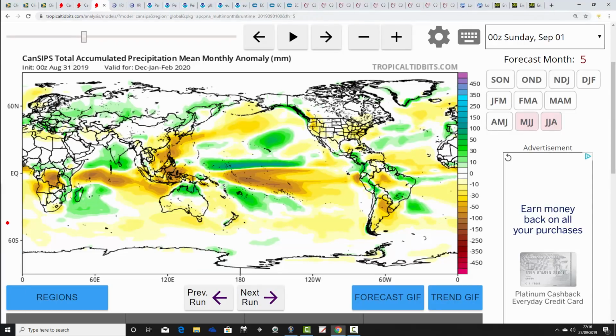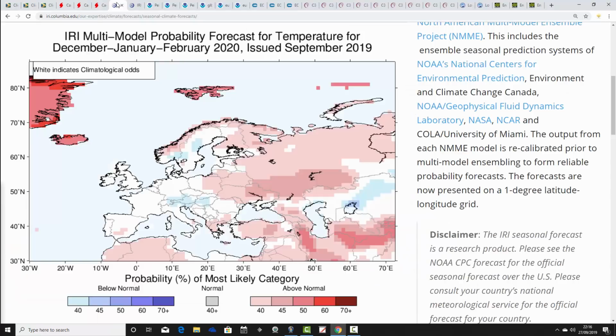Precipitation-wise, it's precipitation only for winter 2019-2020, so it's going drier than average out to the north and west of us, wetter than average down to the south of us. So you can see where the low pressure and the jet streams are going to be coming in, in that sort of direction. And of course, the high pressure is going to be up here, and possibly over there too, and so the squeeze of that is potentially going to be bringing in some easterly winds. So quite interesting models to start us off with. The Brazilian model and CANSIP are looking pretty interesting, I think, to get us going with this first winter